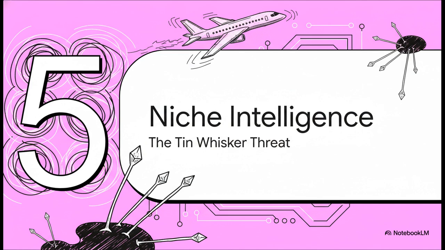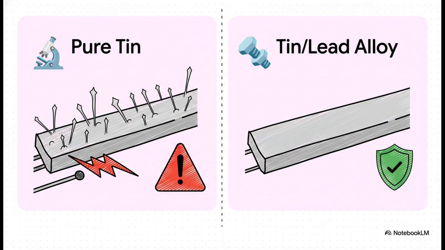in material science and regulatory changes. The issue stems from pure tin finishes, sometimes mandated by RoHS compliance. Under compressive stress, these finishes can spontaneously extrude microscopic conductive filaments, tin whiskers. The failure mode at altitude is catastrophic. A whisker-induced short does not simply blow a fuse, it instantly vaporizes, creating a sustained metal vapor arc, a plasma,